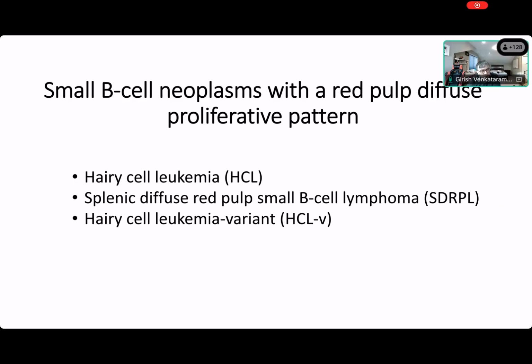And of course, let's move on from the white pulp lymphomas, which is the mantle cell lymphomas, to the red pulp. So obviously, the only important red pulp one is hairy cell leukemia, right? That's the only thing that you need to remember. And most of the time, you can get the answer by doing the peripheral blood flow, NGS, or a bone marrow biopsy and bone marrow flow. Pretty much these 4 specimens and tests will get you to a diagnosis of hairy cell leukemia.